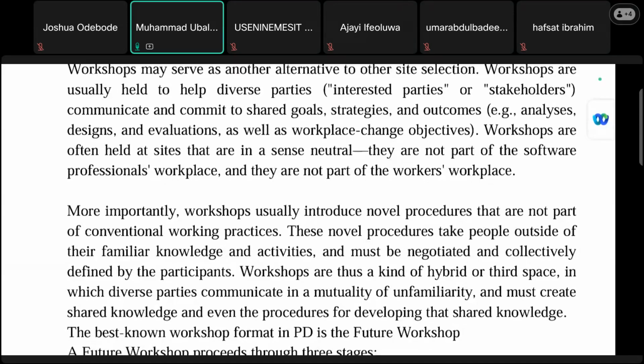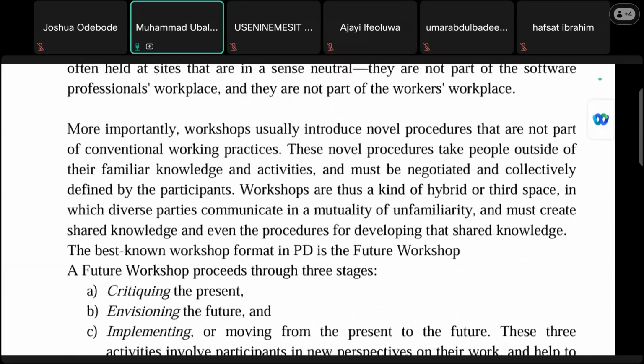Now, what is the benefit of that? The benefit of that